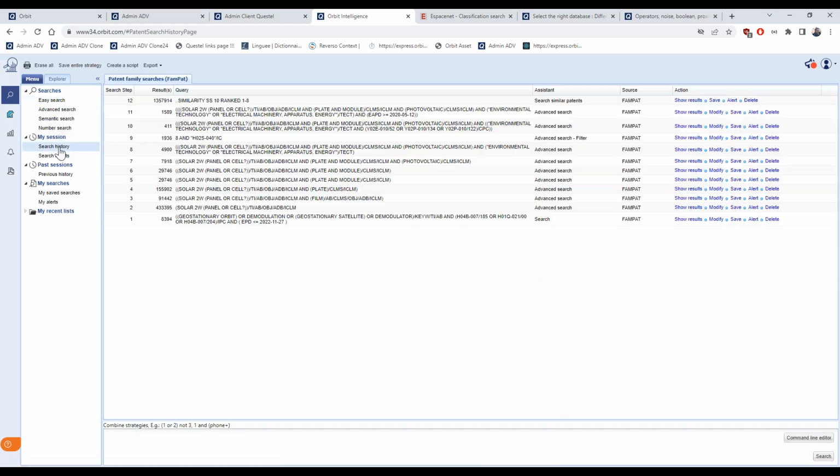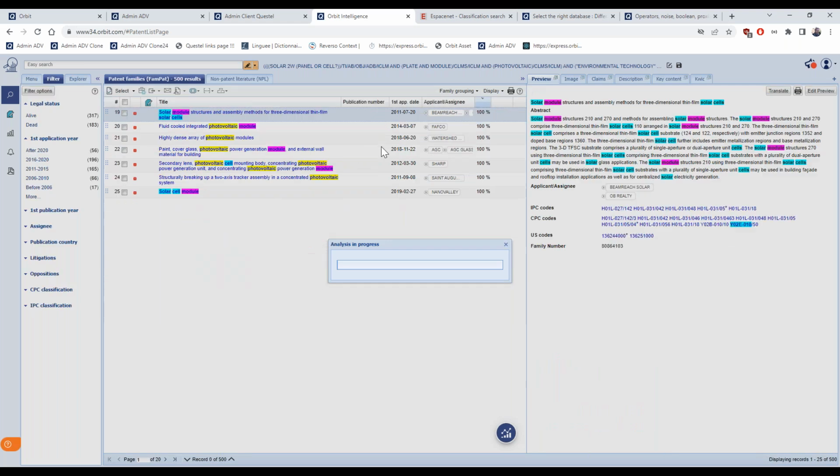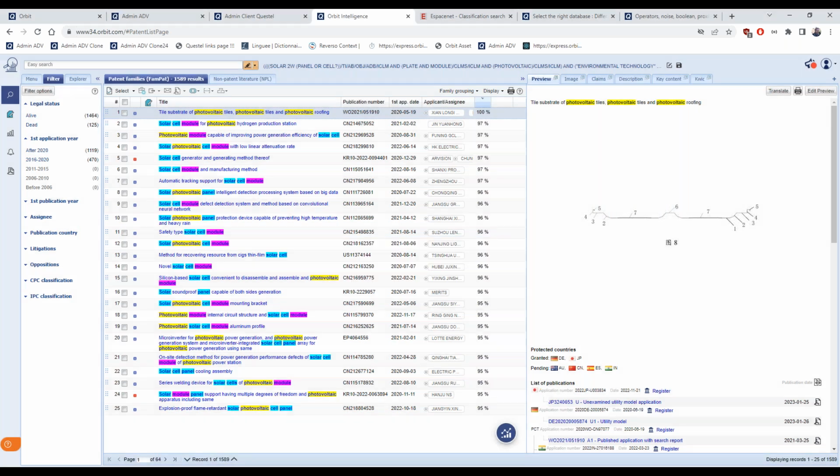I go back to my search query. And again, I select the first 8 range, okay, and search for similar patents.